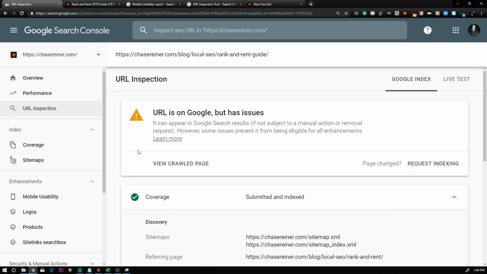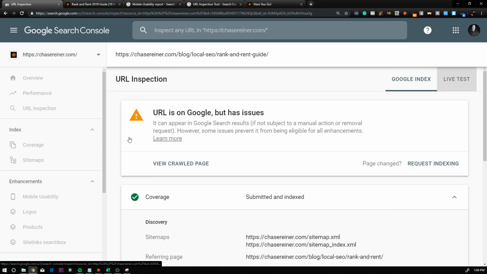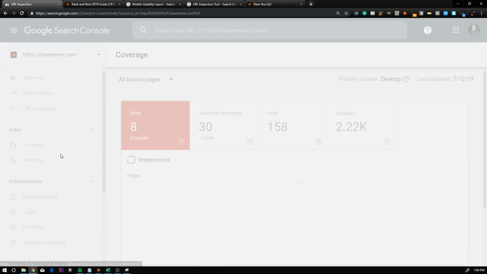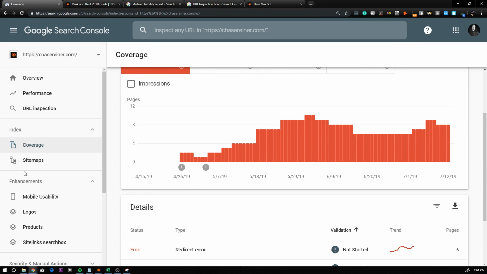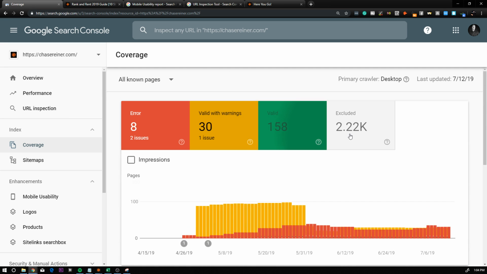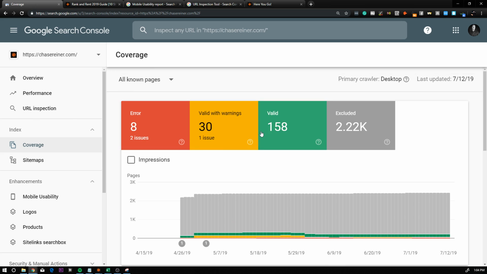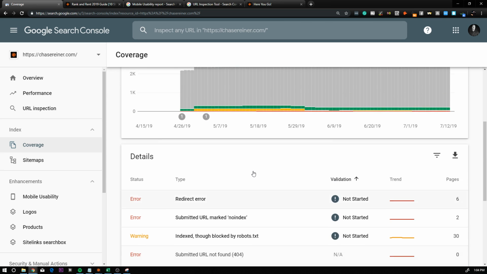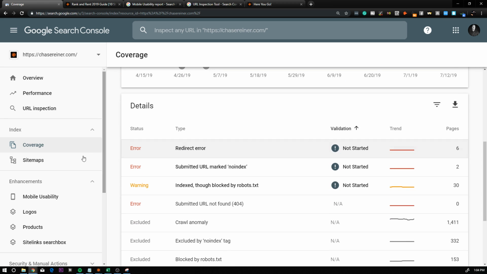So if we go to index and then coverage, this was the one thing that we already saw before from the thing that was linked. And again, you can click on these different buttons to see what the different errors are, or warnings, or excluded issues. If we scroll down to sitemaps here,